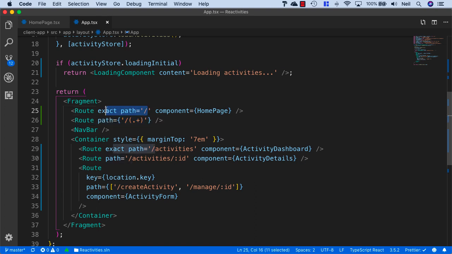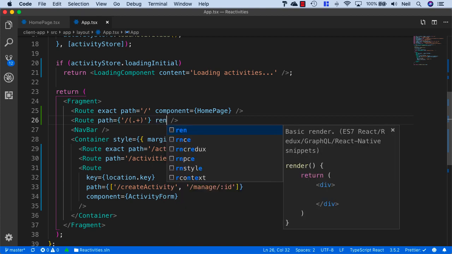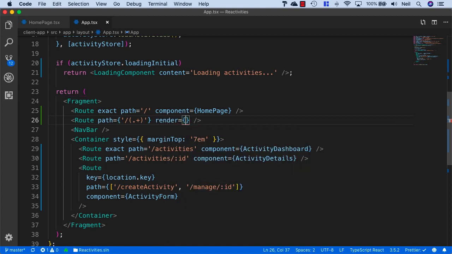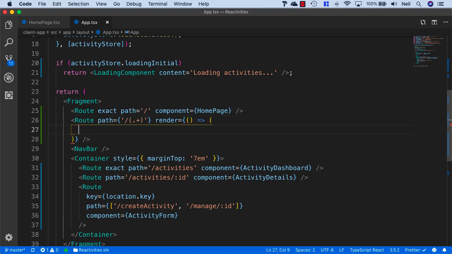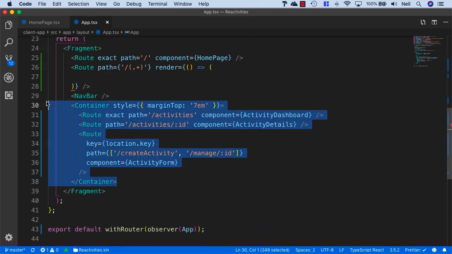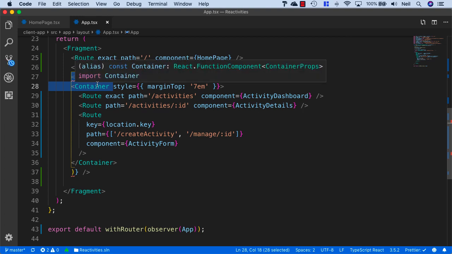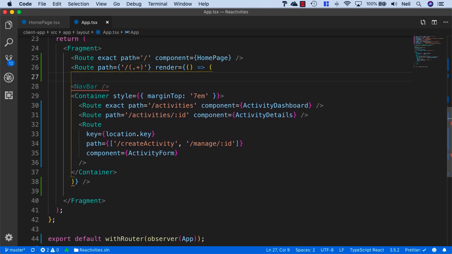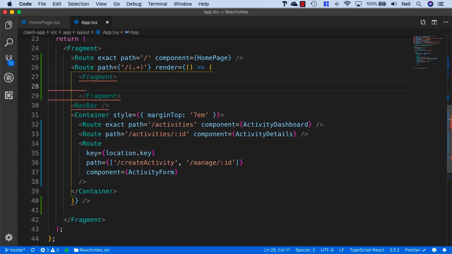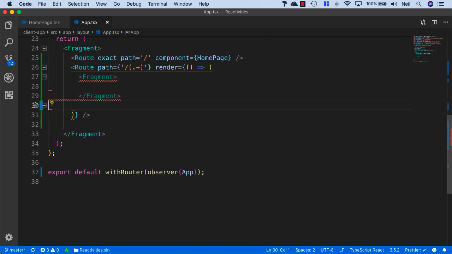And when we're just at our home page, or we've just got a /, then this is the route that's going to match. And what we want to do is, after our path, we want to say render equals, add the curly braces, and then add an arrow function, and inside here we're going to return our navbar and the container. Now, of course, we're getting an error because these are two siblings, and this is not allowed, so we need to surround this in another React fragment. So I'm just going to add a fragment, and cut and paste our navbar and the container and put it inside here